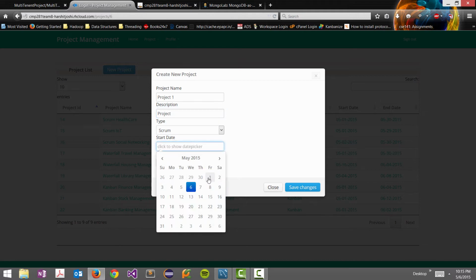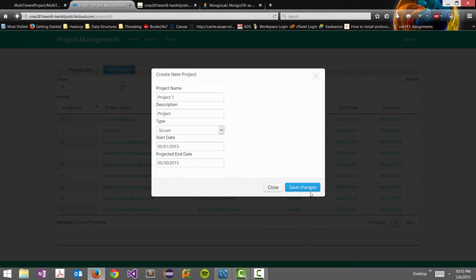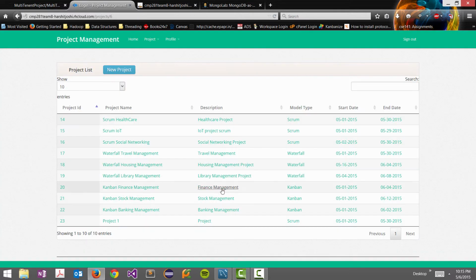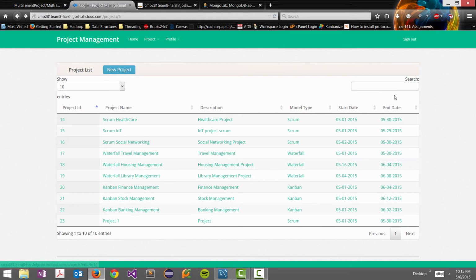the start date of the project, end date of the project, and now the user is good for creating the project. So here you can see the newly created project is displayed in the list of projects. Apart from that, there is a functionality of edit profile. As you can see on this page, a user can edit all of its details, and also we have provided